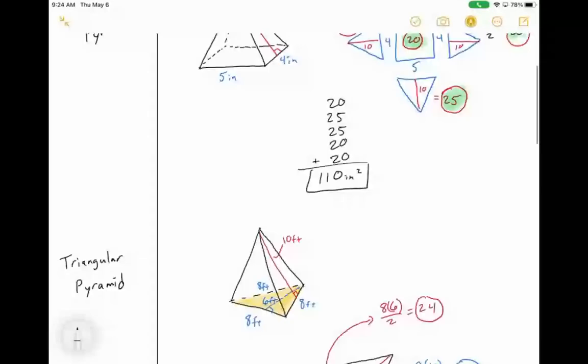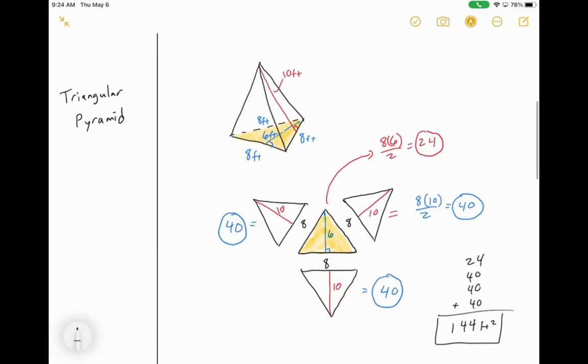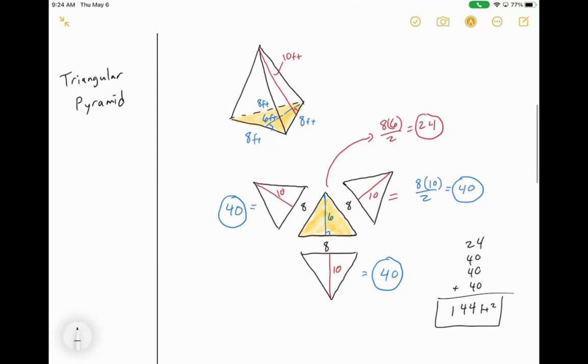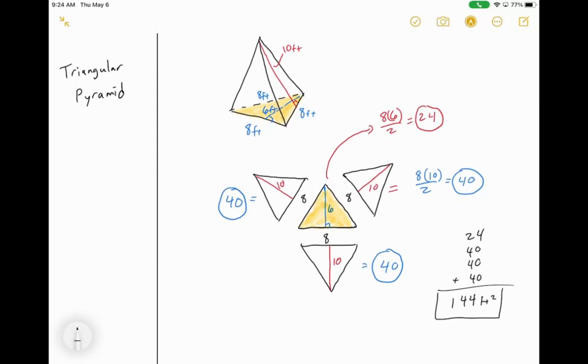All right, so that's how you find the surface area of these pyramids, which is a little bit more difficult, but with a little practice, we can do it. So let's go into